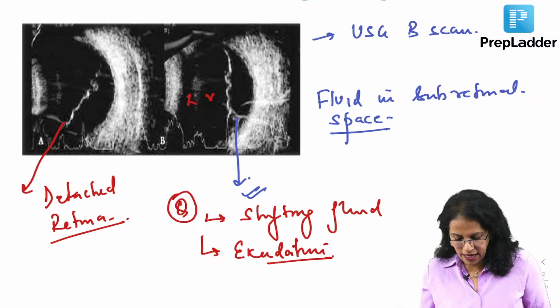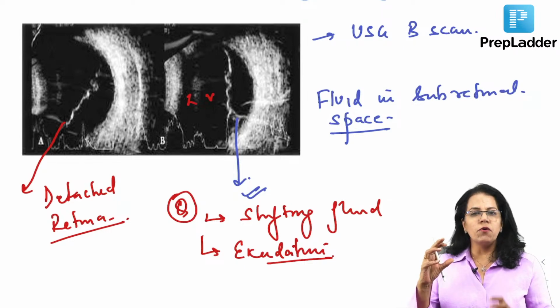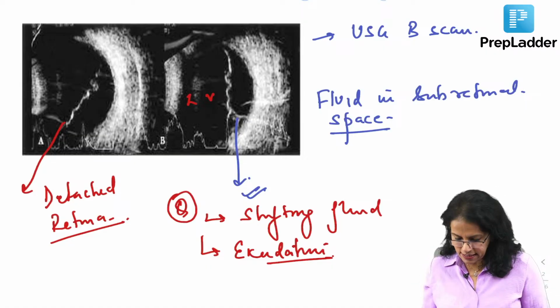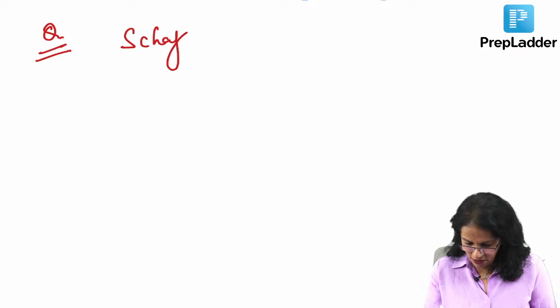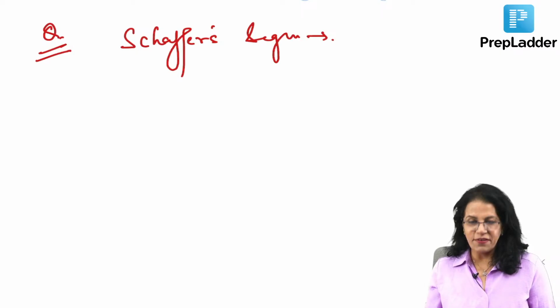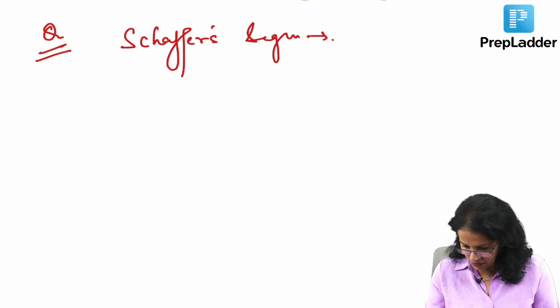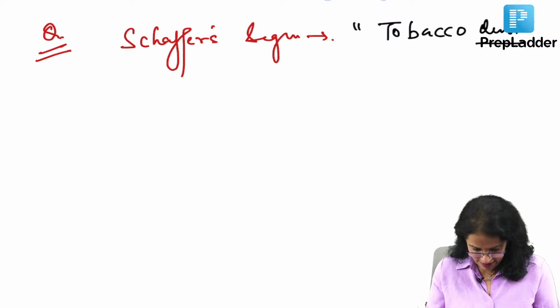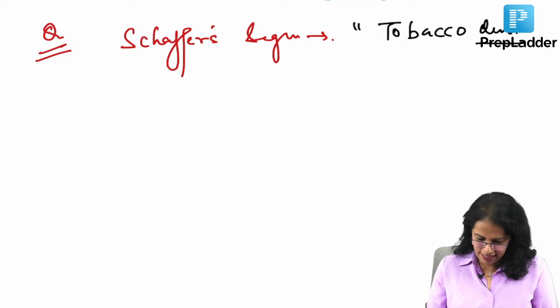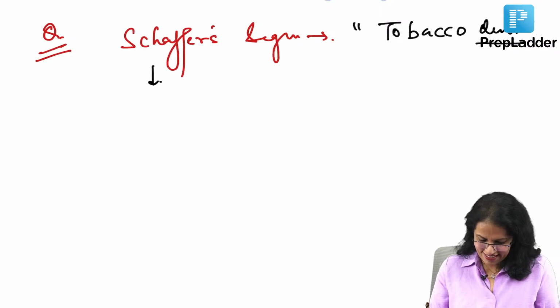Clear? Okay. Now, a few more very quick important things around this, which I would like to revise with you. We are here to revise the cues. In which condition do you get Schaffer's sign? All of you have studied with me so many times. Where do you get Schaffer's sign? Quick, I'll wait for this answer. This is equally important. We also call it tobacco dust, isn't it? We call it tobacco dust. Awesome. So this is mainly a feature of,